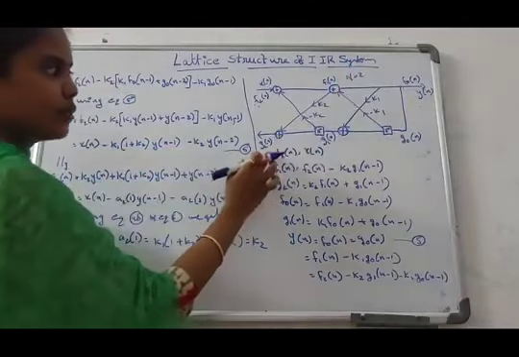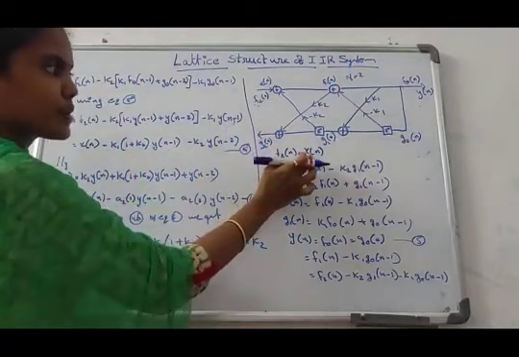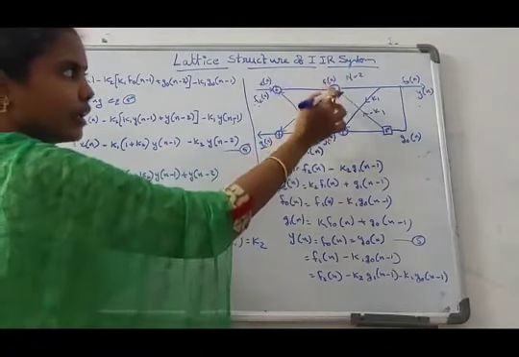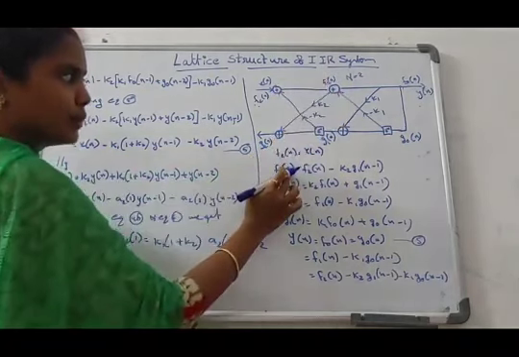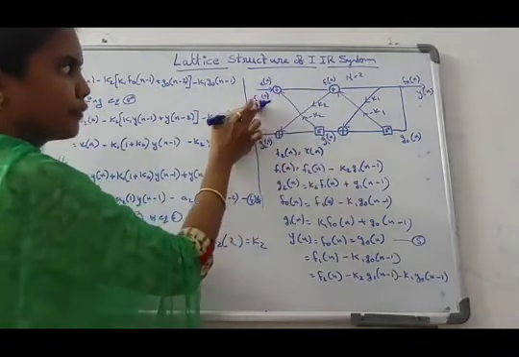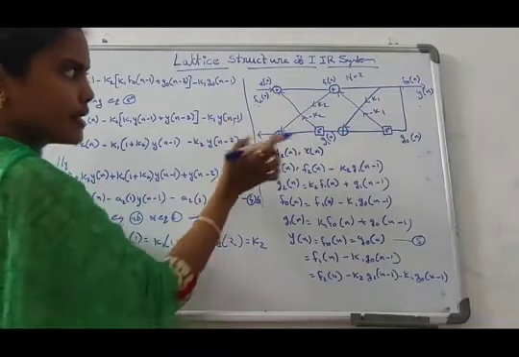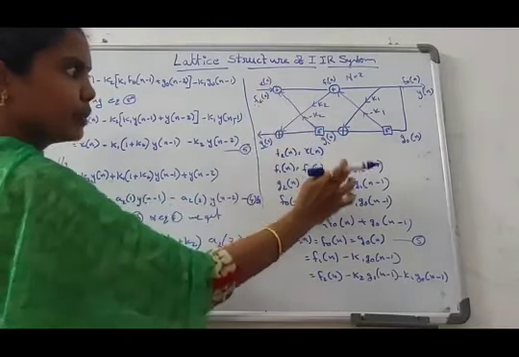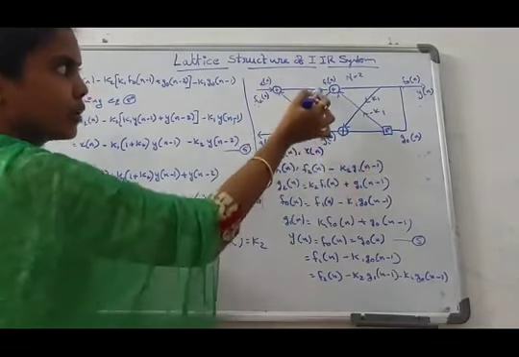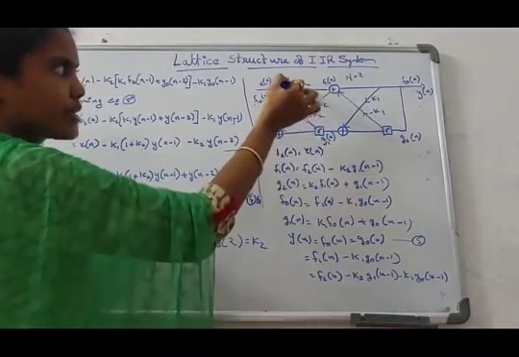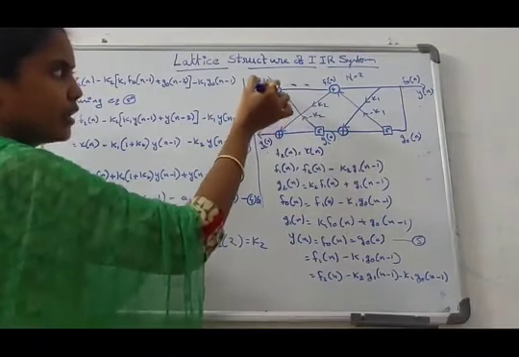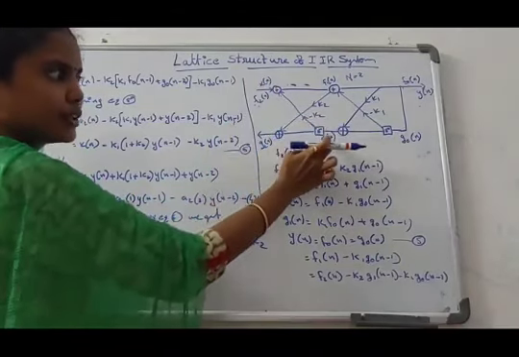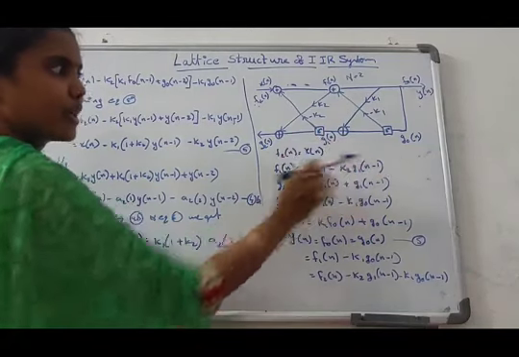So this is the lattice structure for the second order filter. In this structure, f2 of n is nothing but x of n. So this is f1 of n. How to get f1 of n? F1 of n is equal to f2 of n minus K2 into G1 of n minus 1. So this is F1 of n. X of n or F2 of n minus K2 into G1 of Z inverse, you can write it as G1 of n minus 1.